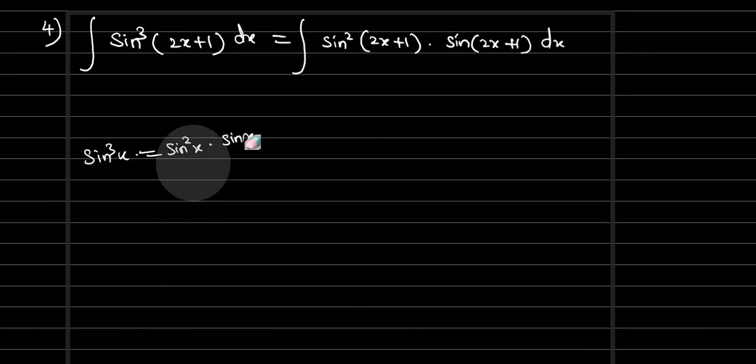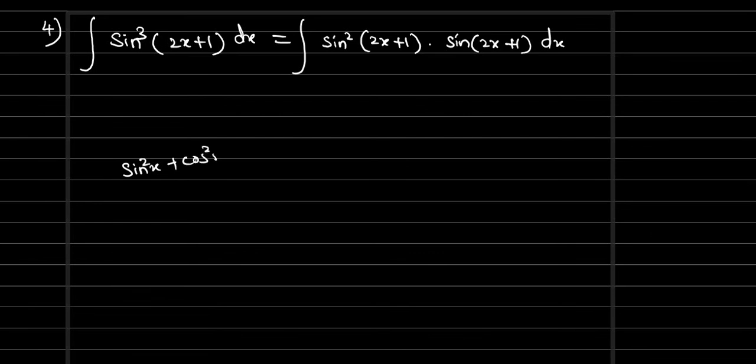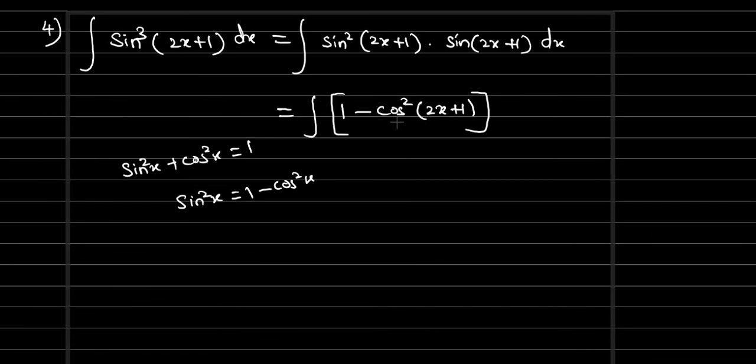And we have a trigonometric identity. What is the trigonometric identity that we have? Sin square x plus cos square x equal to 1. So sin square x is what? 1 minus cos square x. So now the sin square 2x plus 1 alone, I am going to write in terms of 1 minus cos square x. So integral 1 minus cos square. In place of x, what we have? 2x plus 1. So cos square 2x plus 1, and then into sin 2x plus 1